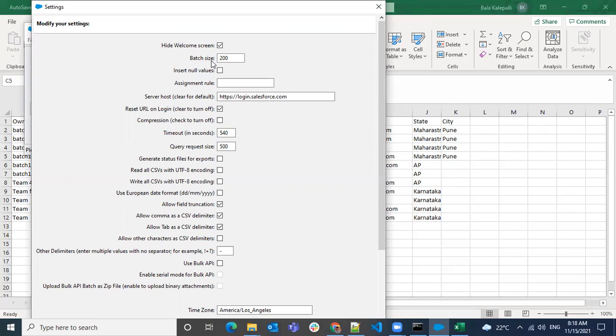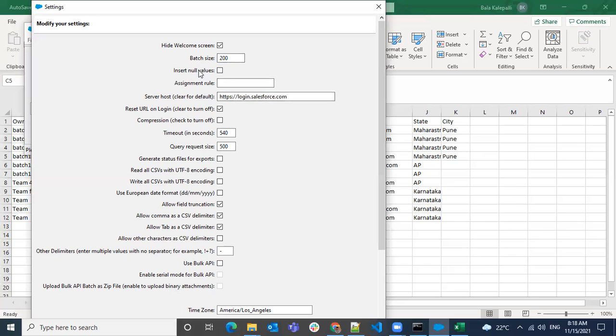If you make it 20, 10, or 100, then the limits will be reduced compared to 200, so that you will not have an issue. The default size is 200, and you can go up to 2000 if you enable the Bulk API.